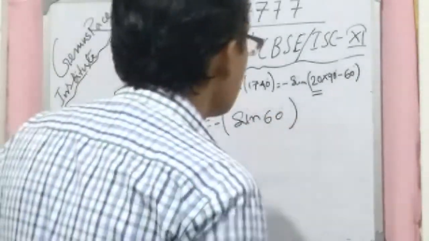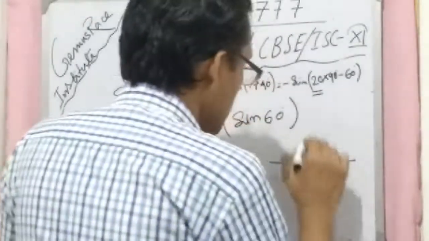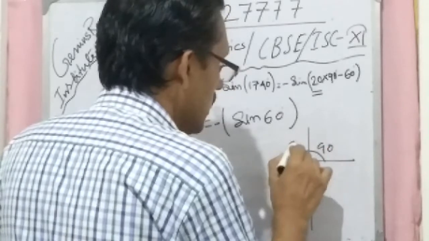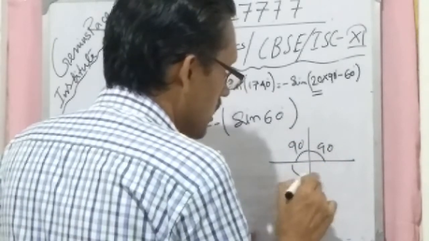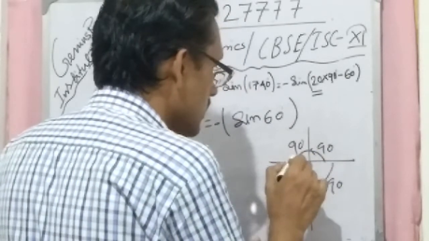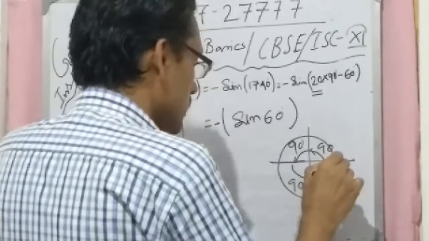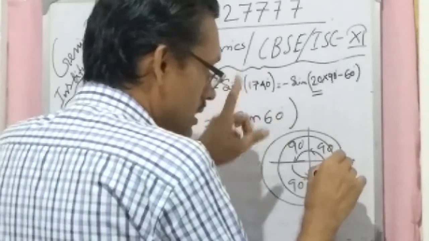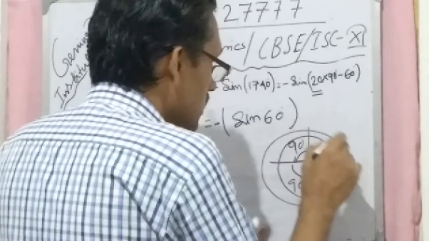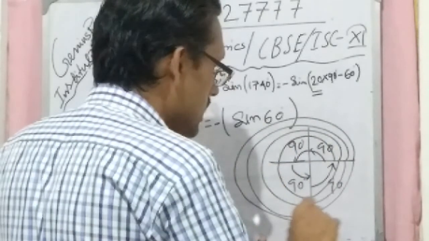60 degree. Now in which quadrant is it coming? Clearly we can say one angle, two angle, that's a 90 and this is 90, this is another 90, this is another 90. So 4 into 90 covers one movement complete. It's a second movement, a third movement, means total 12 into 90 complete, 16 into 90 complete, 20 into 90 complete.